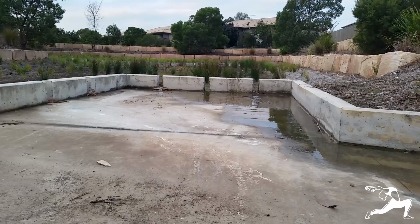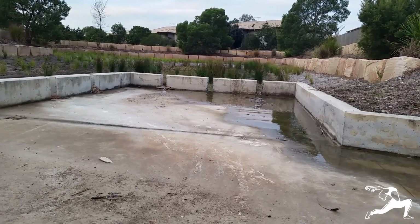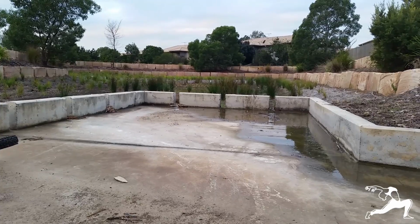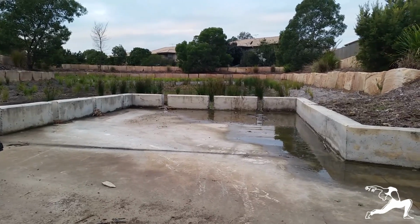So, okay, not being particularly effective unless you're maintaining it regularly. Okay, fair enough. Well, what would happen if we let that sediment just go? Let that coarse sediment go into the bioretention system? Well, I did some sums a couple of years ago, and I only had a brief look at this spreadsheet before I came out to make this video. But broadly speaking,